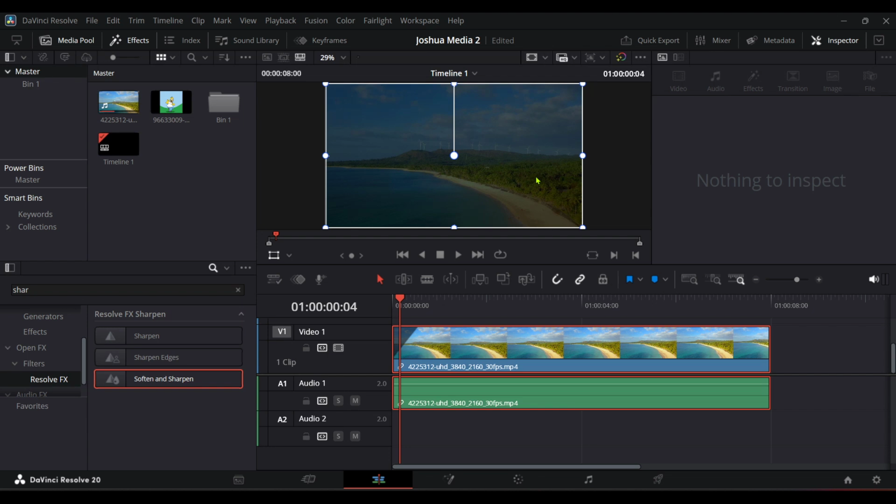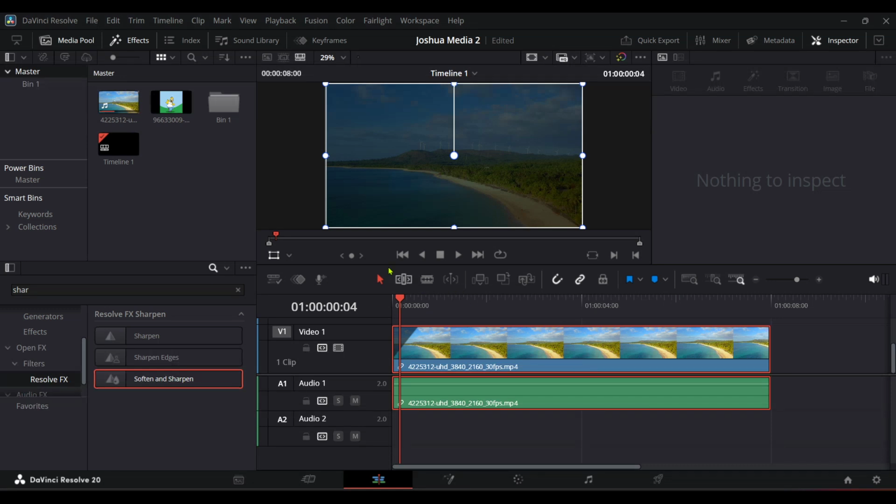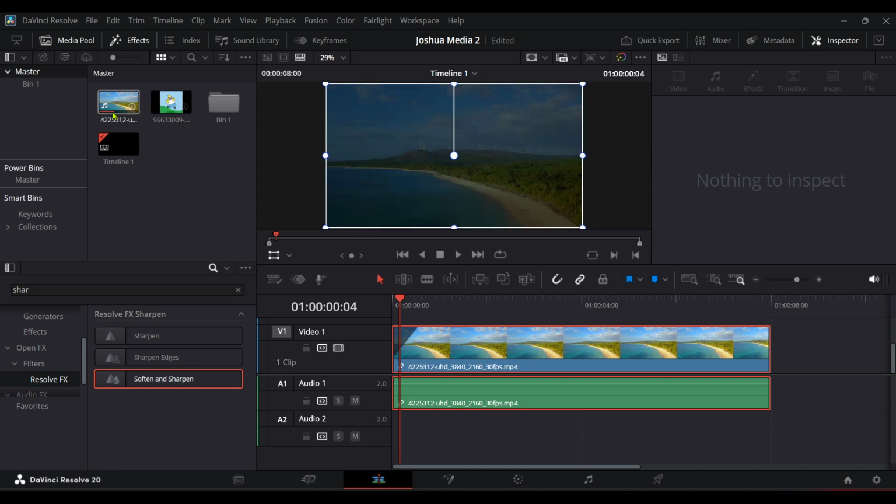Select the project you're working on by clicking on it, and this will open up the project's timeline and associated media. Next, navigate your way to the edit page. At the bottom of the DaVinci Resolve interface, you'll see tabs for different pages like Media, Cut, Edit, and more. Click on the edit page. This is where you'll do most of your editing work and where we will focus our efforts to ensure smooth